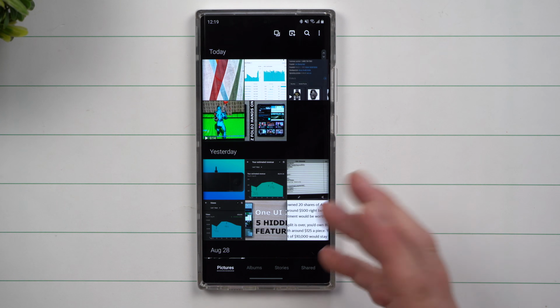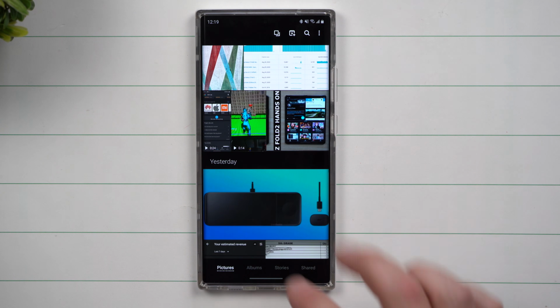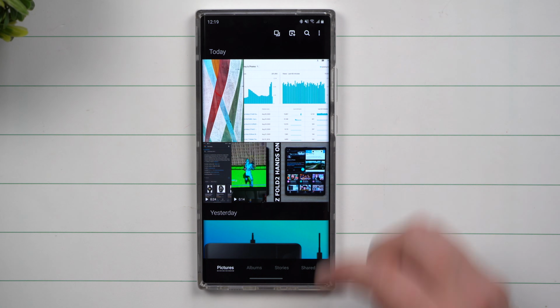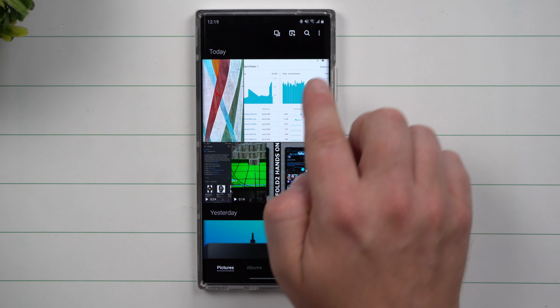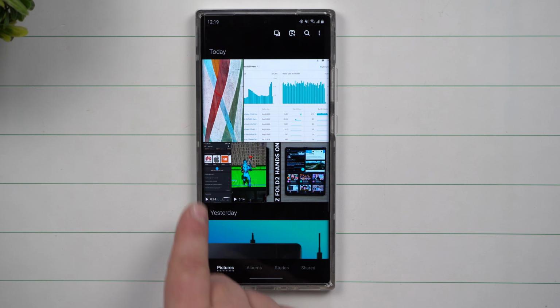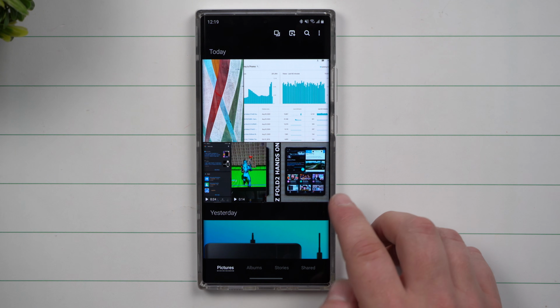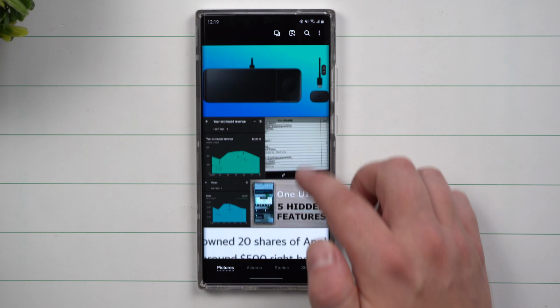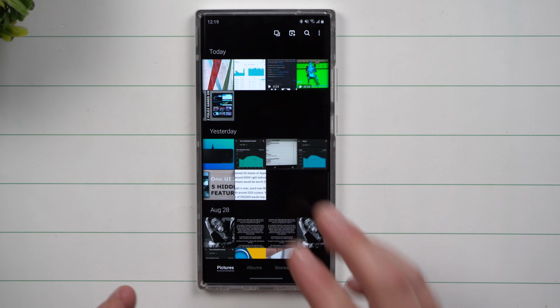They're actually pretty big tiles, but then when you go just a little bit larger, it's going to show you pictures in the same ratio of what they are. So you have this ratio that's like 5:4. This was a screenshot taken vertically. Here's a couple vertical images taken. This image here was also one there. I mean, it's just the way that they're all laid out is actually really fun.